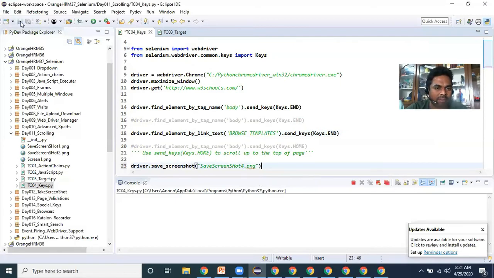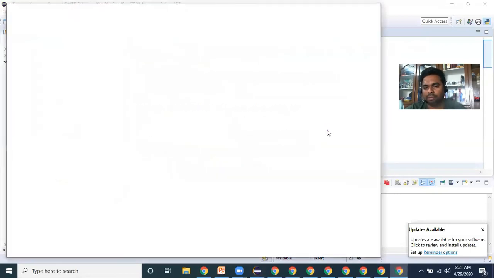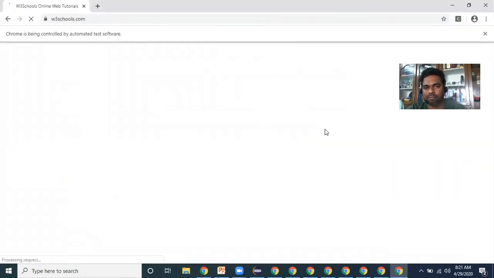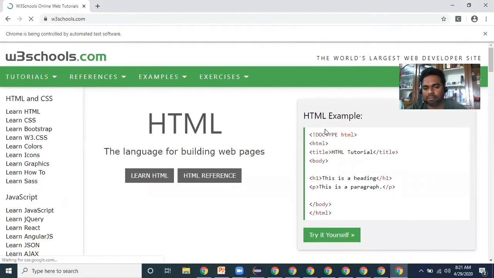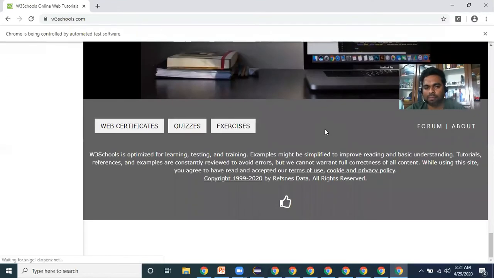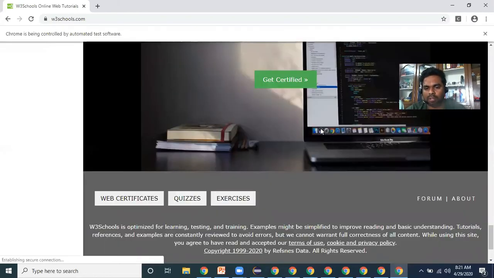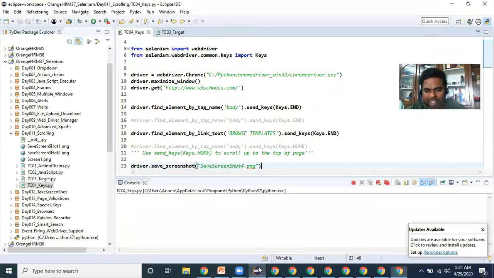No. Keys.END means it is going completely to the end of the page. That's why we cannot use this one.